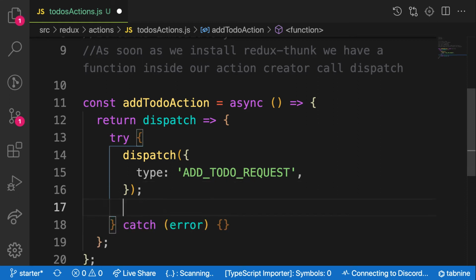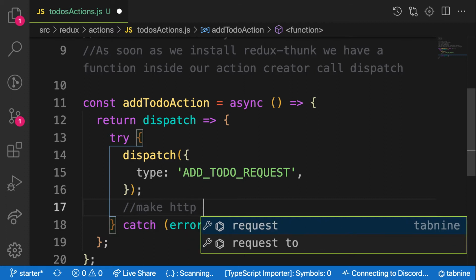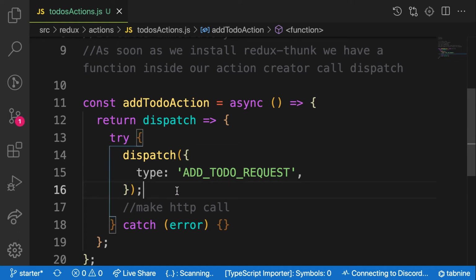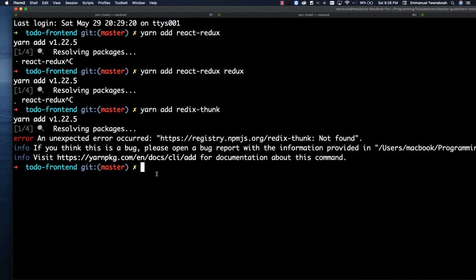The next one is called add to do. But before that, here let's say make HTTP call. Talk to the back end, the API that we created. So here we are going to make some HTTP calls. When the request is done, then we can dispatch another function. Okay, good. So before that, let's bring in Axios. So let's install Axios, which is an HTTP client that helps us to make